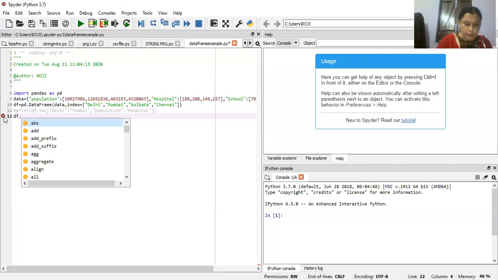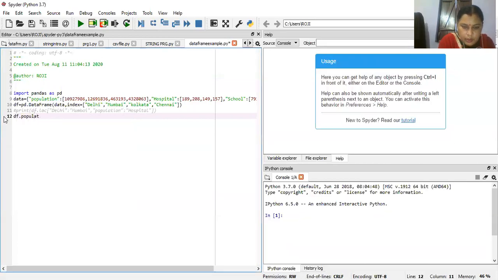The name of the population field is population, so df dot population, and under the square brackets we will pass the index.